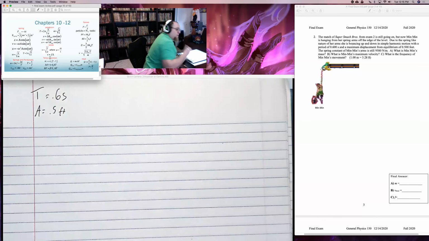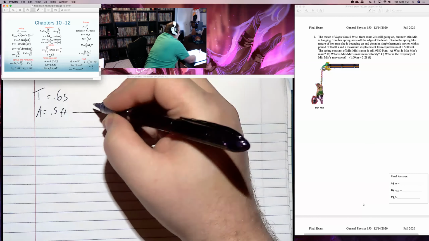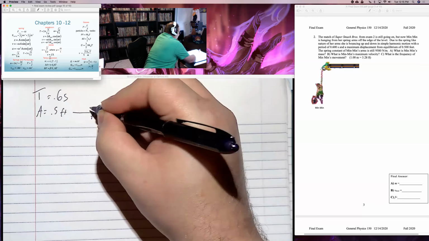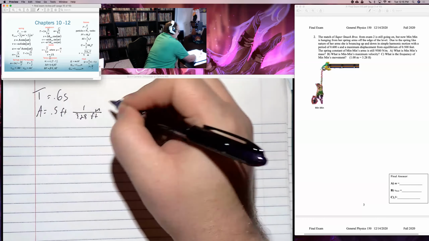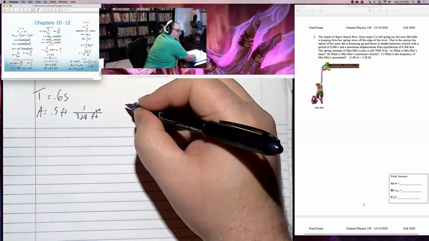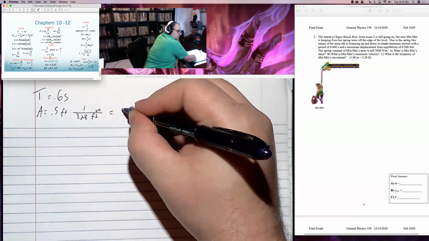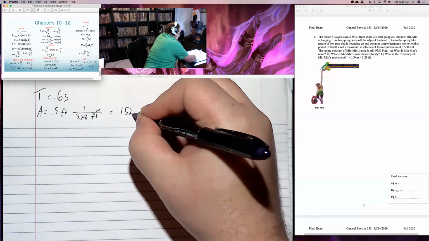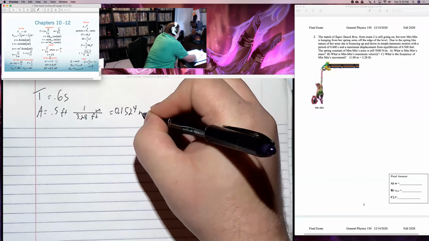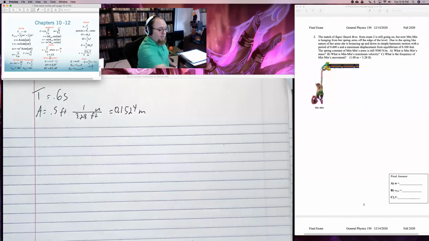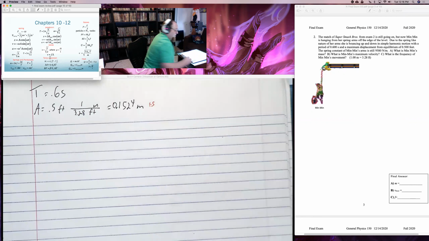Okay, I will be working unit conversions on here. Be prepared for them. I don't want to work in feet. If this is 0.5 feet, I need to cancel out feet and get meters. Well, 1 meter is 3.28 feet. And what I could say is 0.5 feet is 0.1524 meters. Sticking to my point breakdown, I always give 5 points for a unit conversion.